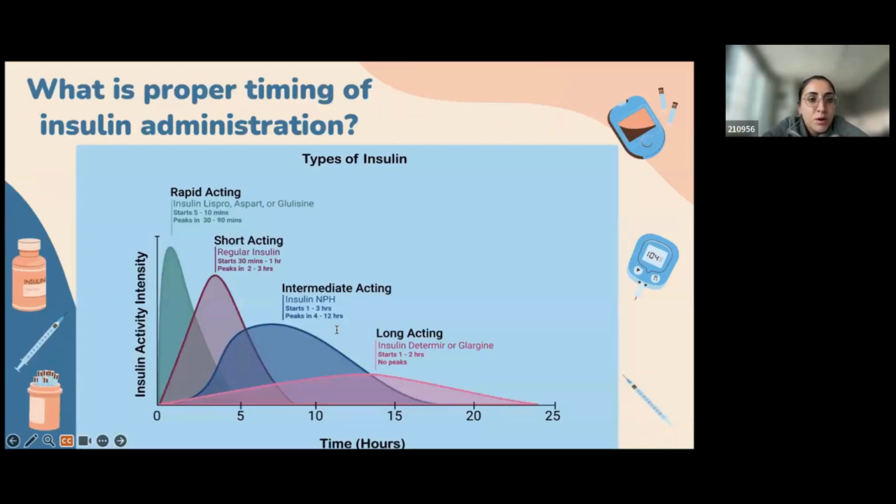So, when is the proper timing of insulin administration? To answer this question, we should familiarize ourselves with this graph here that shows the different types of insulin and their insulin action over time. First, in green, the first one on the left, this is short-acting or mealtime insulin. That's your Lispro, Aspart, Novolog, or Humalog. The onset of this insulin is typically within 5 to 10 minutes of injection. It peaks at about 30 to 90 minutes, and its activity resolves after 4 or 5 hours in reduced renal function.